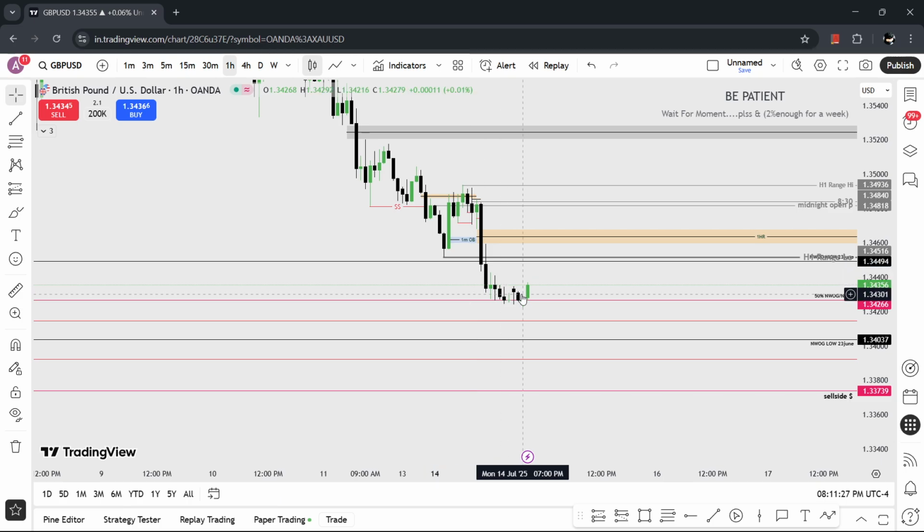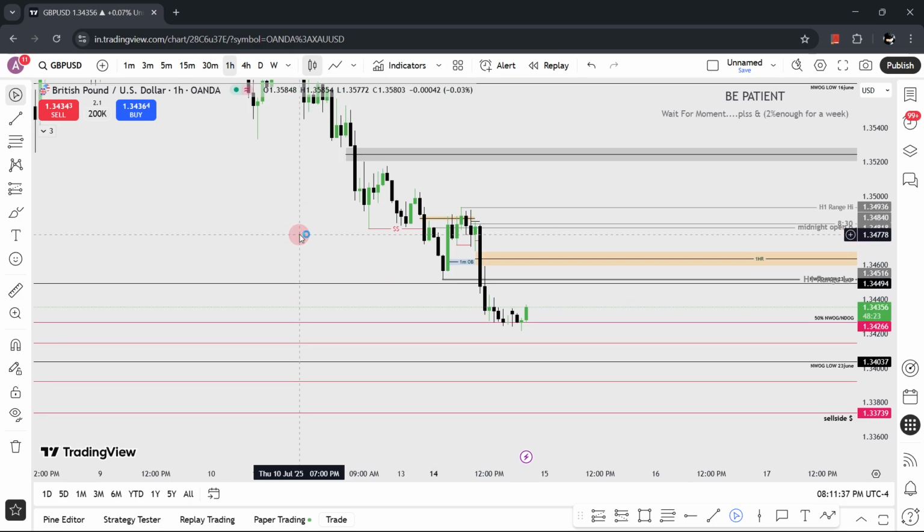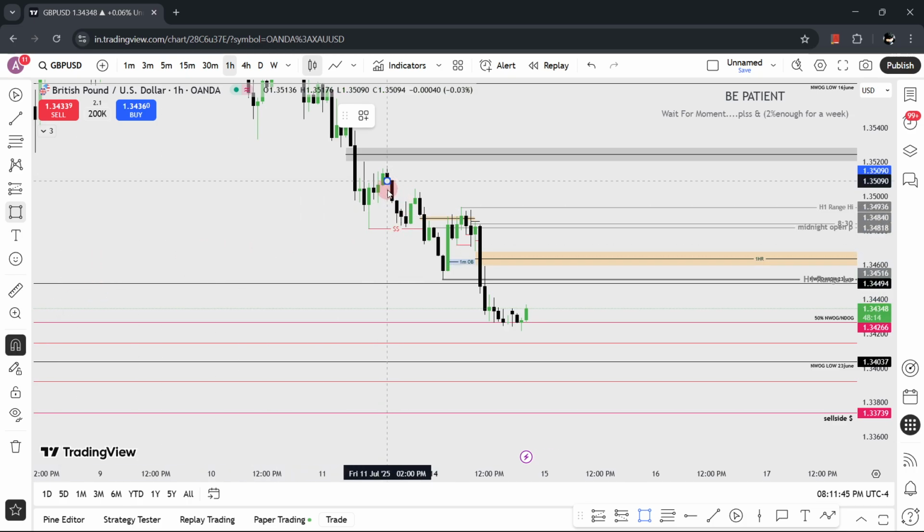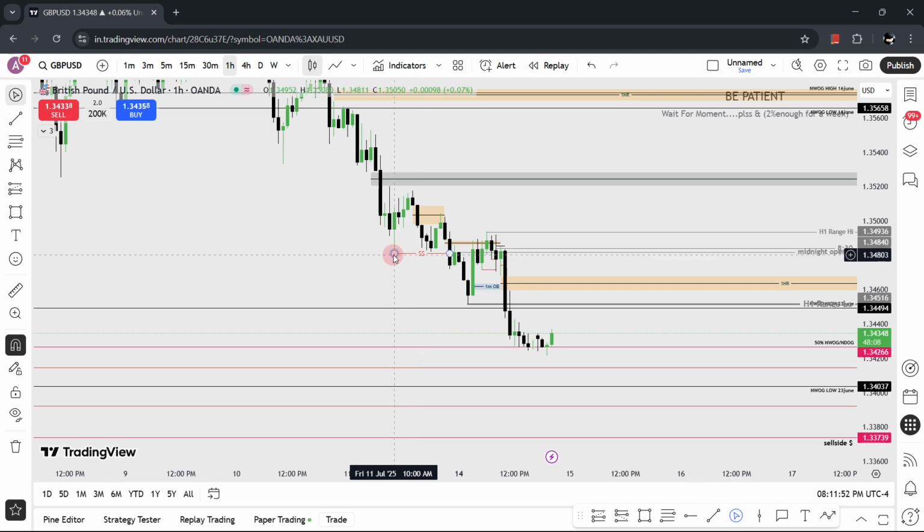Okay, so basically in this video we will be discussing a trade on GBP USD. You can see we are on a 1 hour chart. Yesterday morning, you see this 1 hour, very good. Price went to this 1 hour, very good. It created this structure shift to the downside,